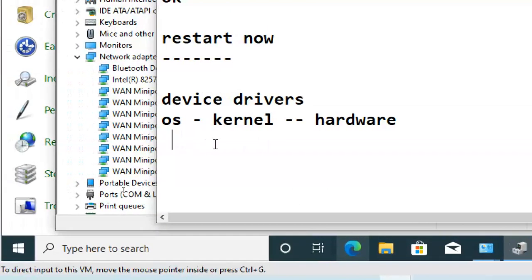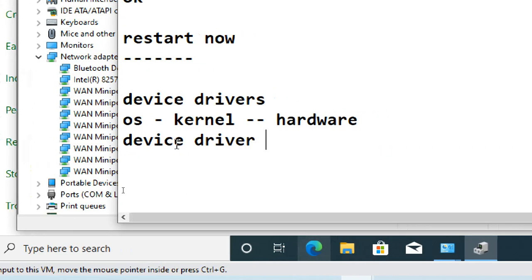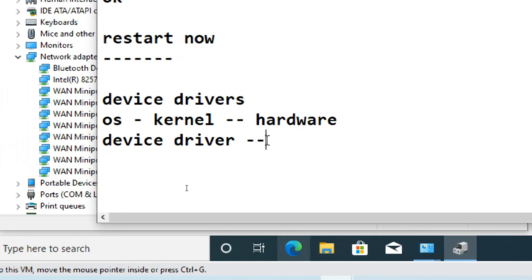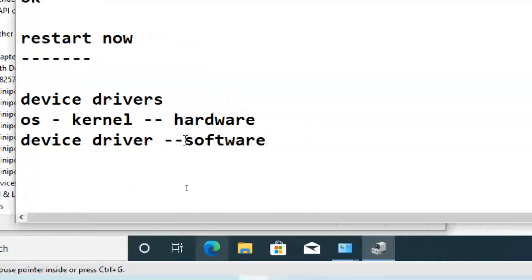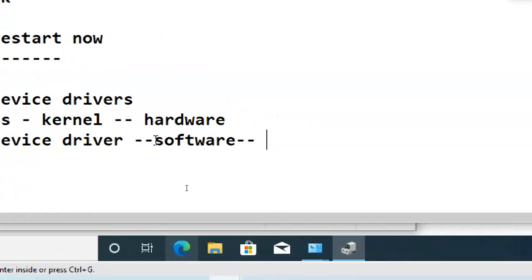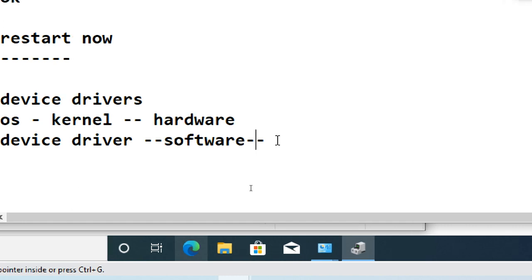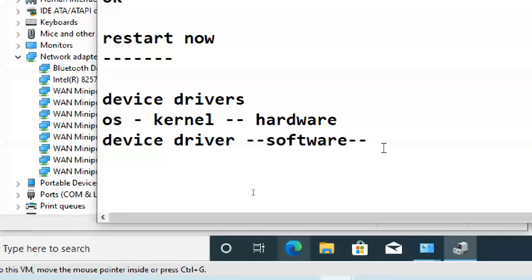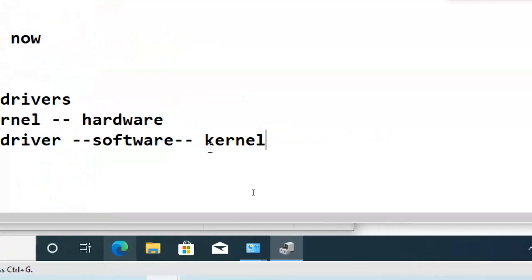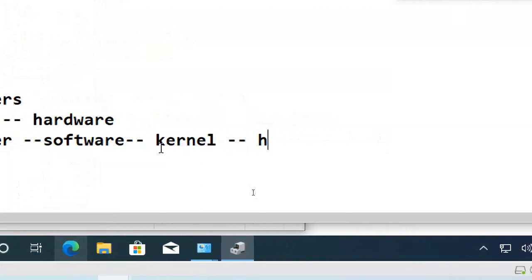You have to install device drivers. These drivers are nothing but a program or a piece of software. So with the driver, the kernel interacts with your hardware.